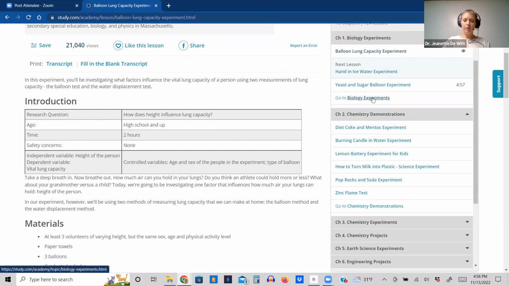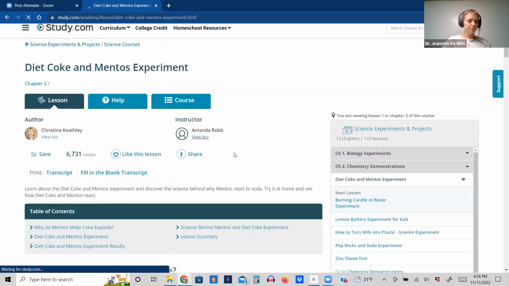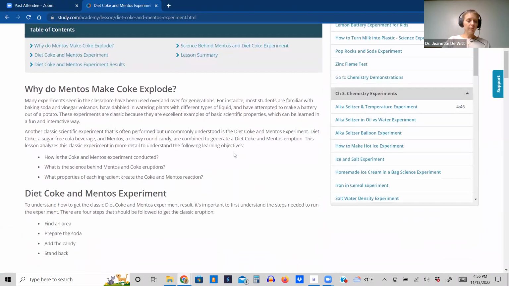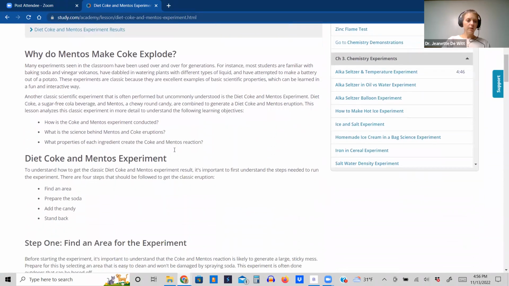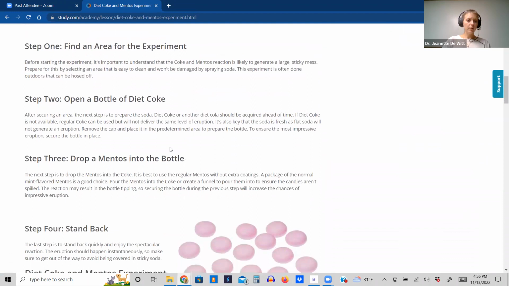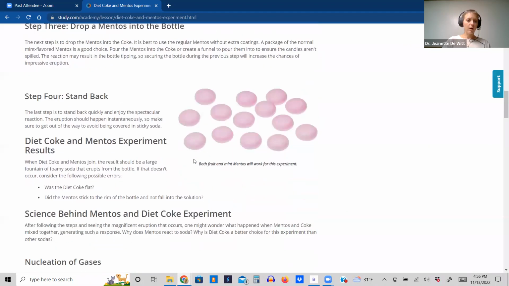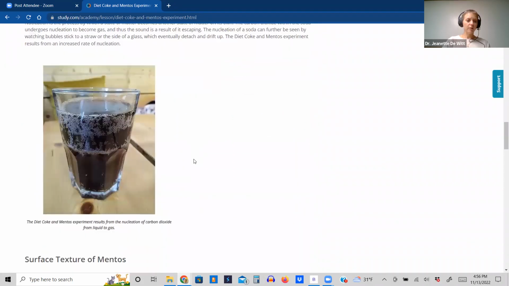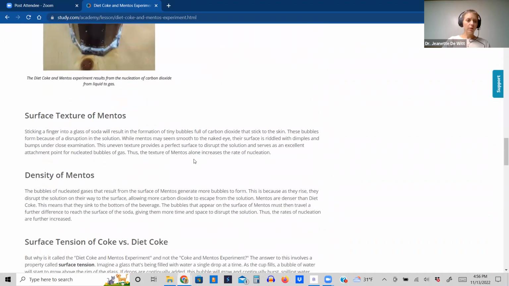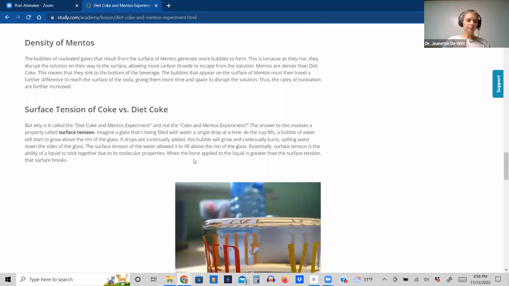You could go to biology experiments. You can look also at chemistry demonstrations. This is interesting, a Diet Coke and a Mentos experiment. Let's look at that one. And on this one here, you can see step one, step two, step three, step four. And it's nice because it's asking different questions and it's showing you how to do the experiment. It's got some key terms that are bolded